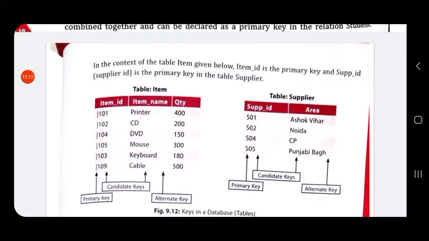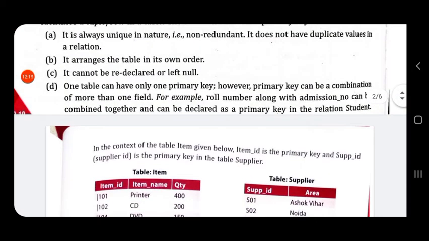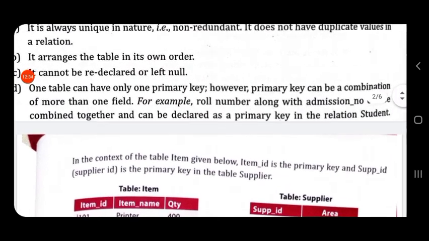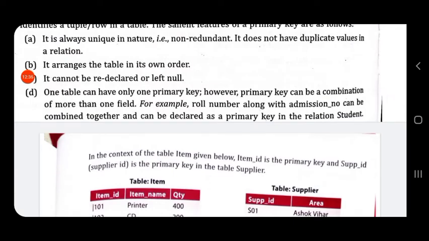Suppose there are situations where I cannot use a single column as the primary key. In such a case, if I use a combination of two columns, it becomes a primary key. So a primary key can be a combination of more than one field.